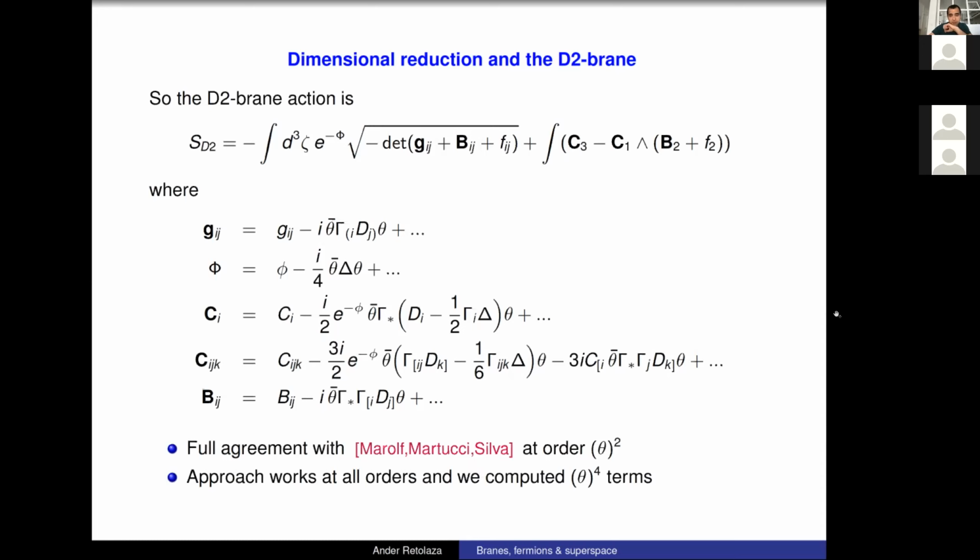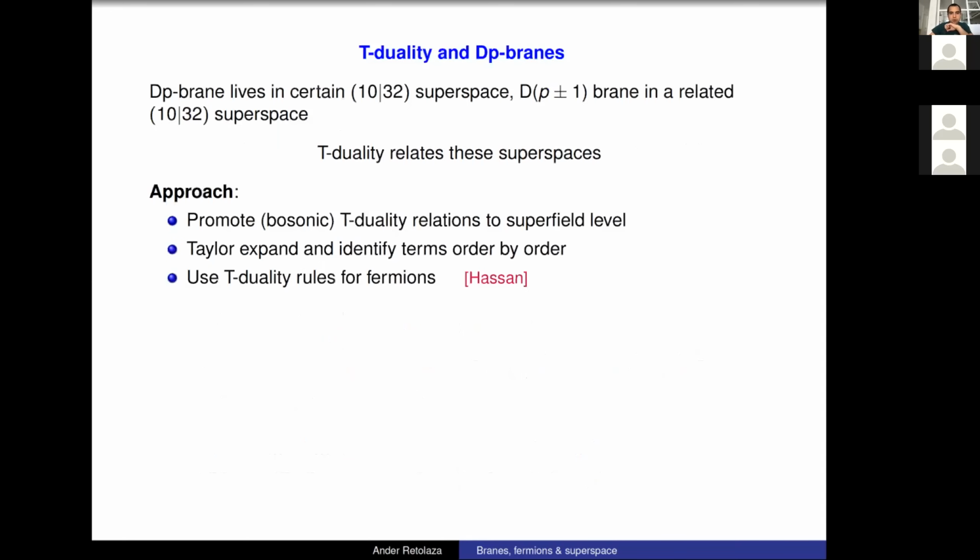I'm not going to give you the formulas because in the N2-brane, the terms at theta 4 were quite ugly. You can imagine that after performing a dimensional reduction, things are getting more complicated. But let's keep it simple in that aspect. What we did is to compute the D2-brane expansion to order 4, so the superfield expansion at order 4. So what's missing is